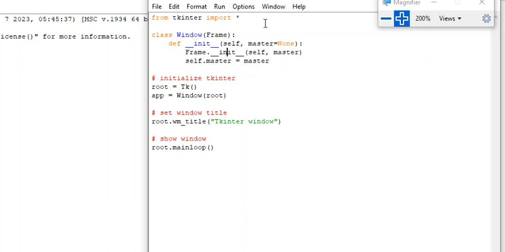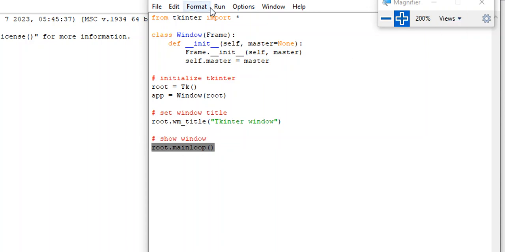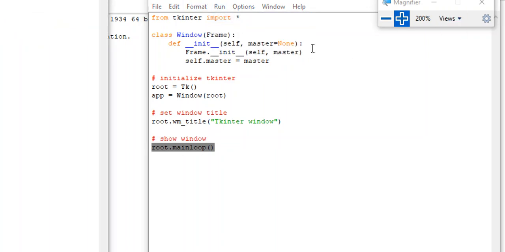So this class window, basically, whenever we run this, it makes a window for us. That's what generally a lot of this stuff is going to be. It's setting what owns what and what goes where. Some of these other items here are just simply the name of the window. This sets up the actual item, and this shows it on the screen. So if I were to run this,